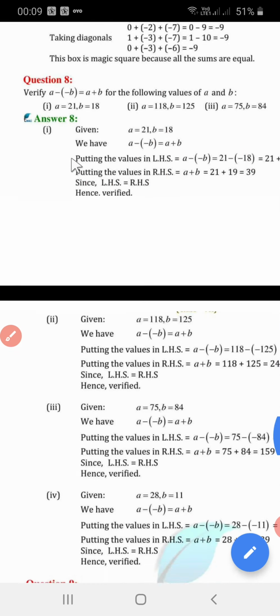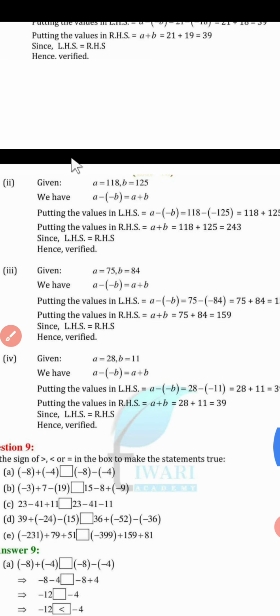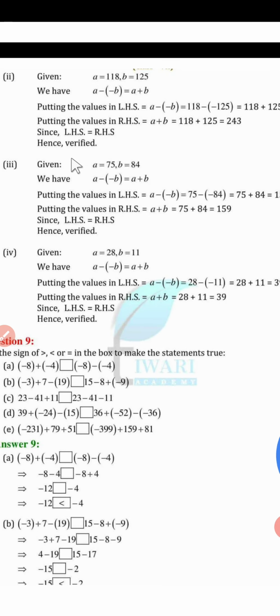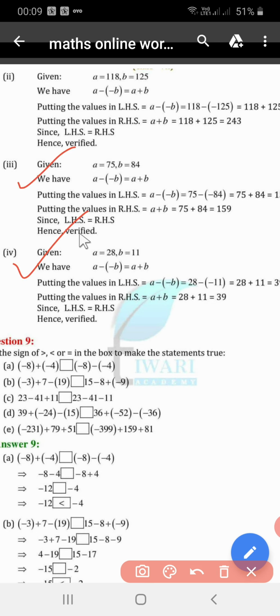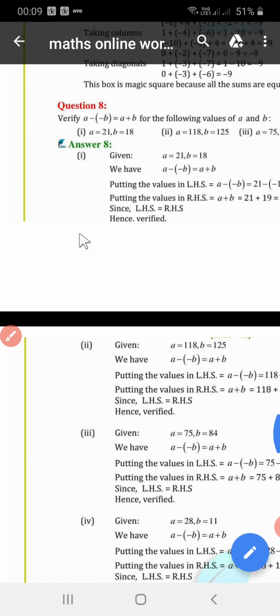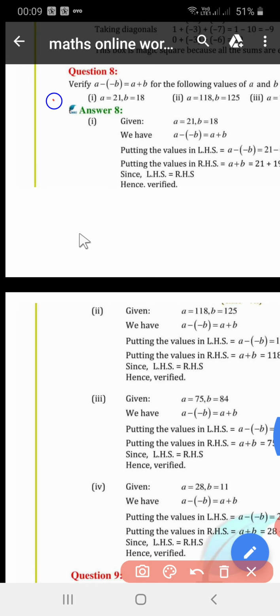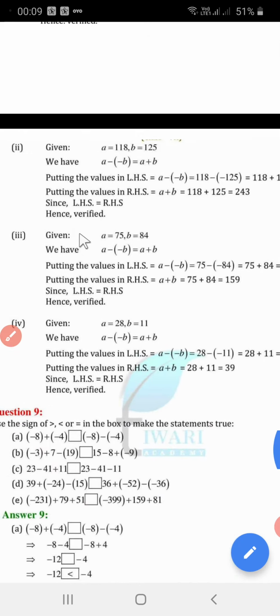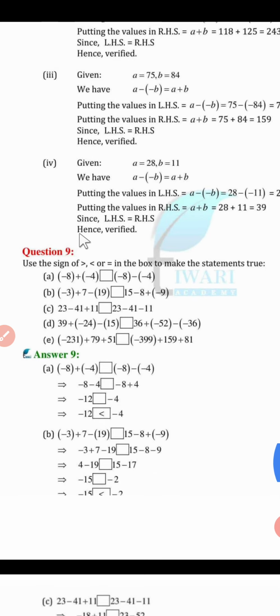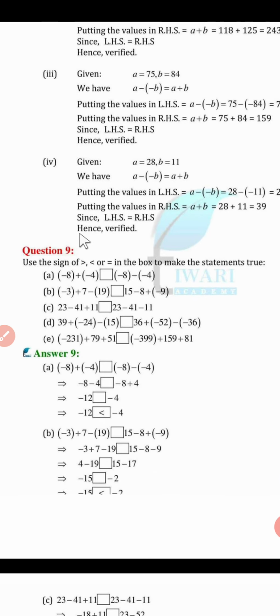Here the solution is being provided. You have to complete it in your note copy. For the third part and fourth part, you have to try yourself. I am already giving the solution here. If you have any difficulty, you can ask me. So now, what is your homework? You have to complete this question number 8 in your note copy. All the 4 parts you have to do. Question number 7 you have to complete already. I have already given it in my previous video lesson homework.